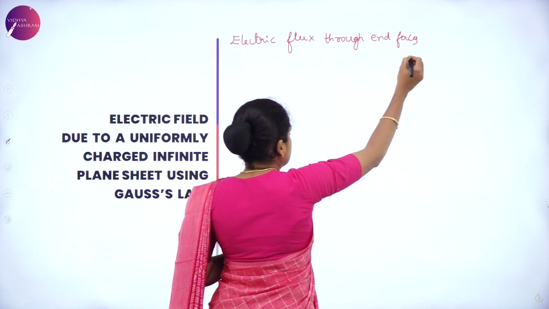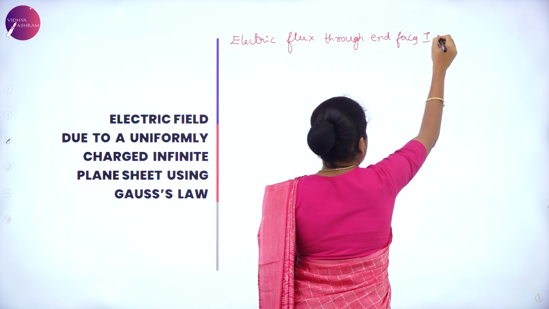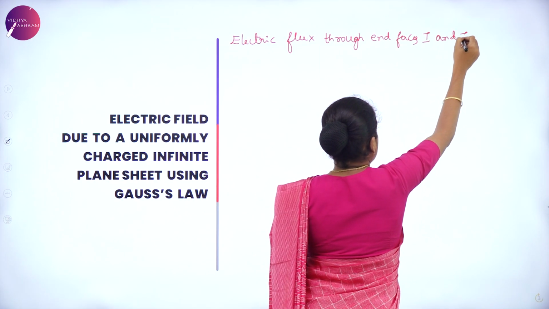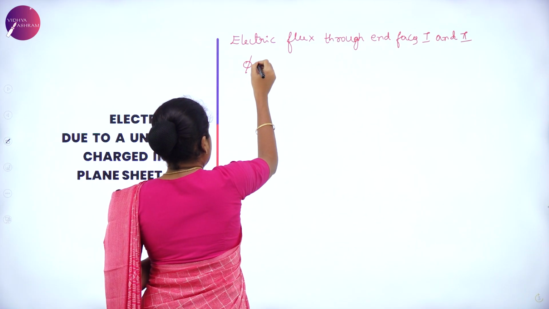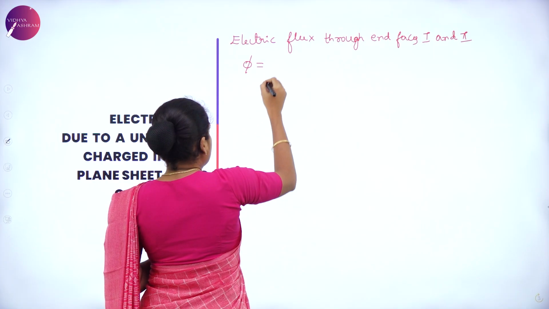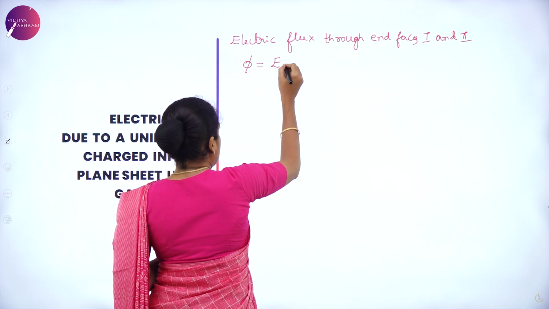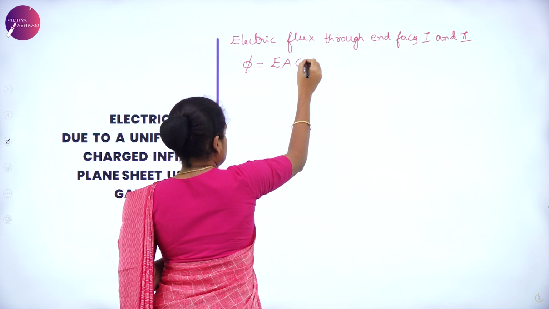Let us consider the end faces as 1 and 2. The electric flux is calculated by the equation phi is equal to E A cos theta,